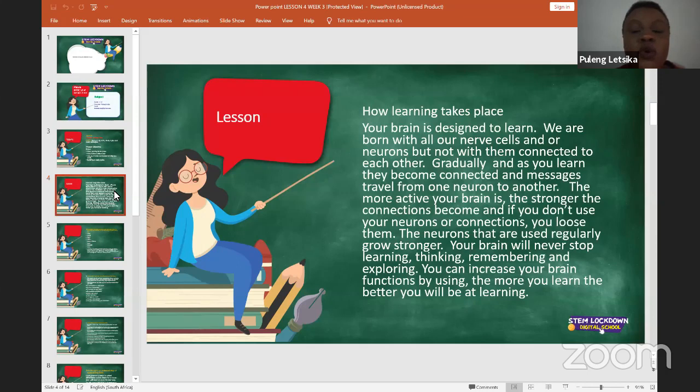Because when you are born as a baby, our brains already have nerve cells and neurons. It's just that the neurons and brain cells we have are not yet connected. So as we grow and as we learn, our nerve cells and our neurons start to grow and they start to be connected.